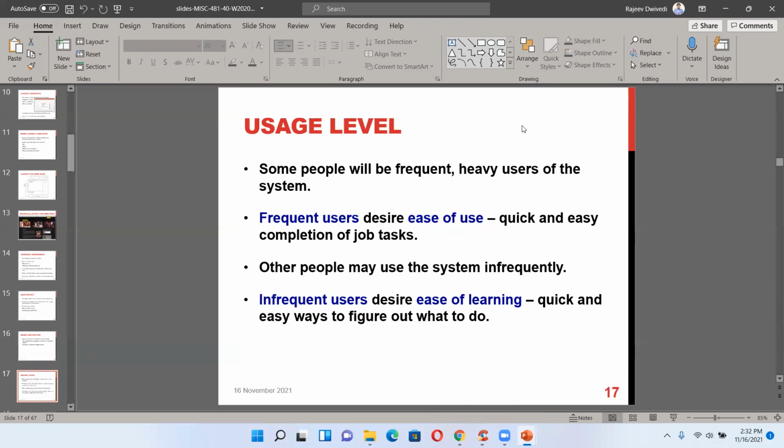User level. Some people will be frequent heavy users of the system. Frequent users desire ease of use, quick and easy completion of job tasks. How much time do we need to place an order on Amazon.com?